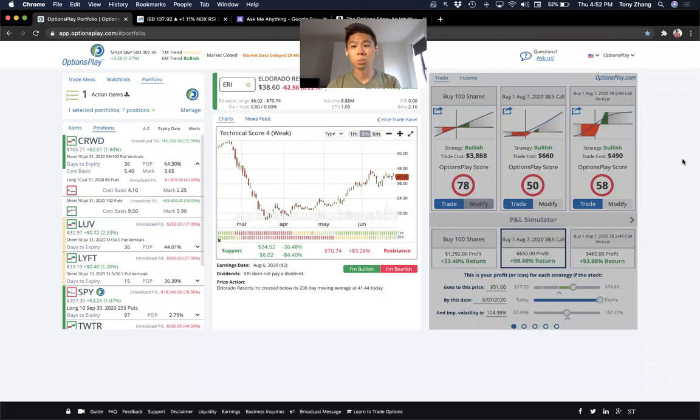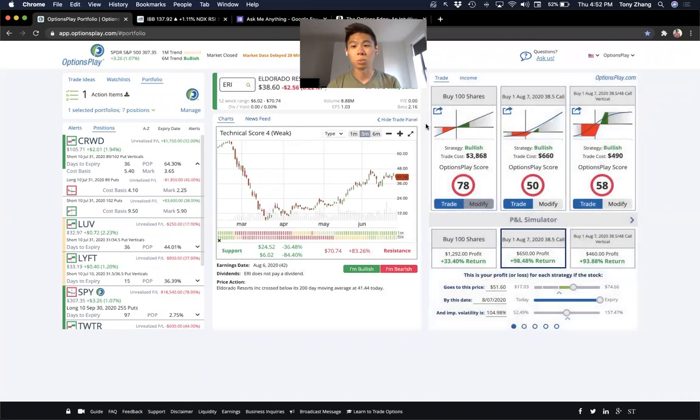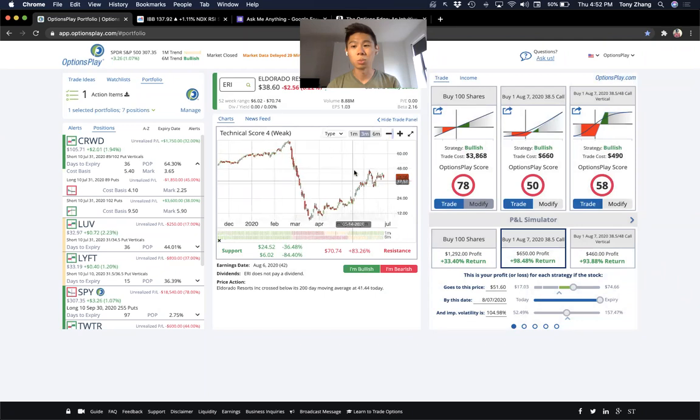So I will say that I want to try to take a look at more large cap names that everyone can understand, that everyone follows. I try to stay away from these small cap names, especially when I know the options aren't very liquid, and Eldorado Gold falls into that category, unfortunately.